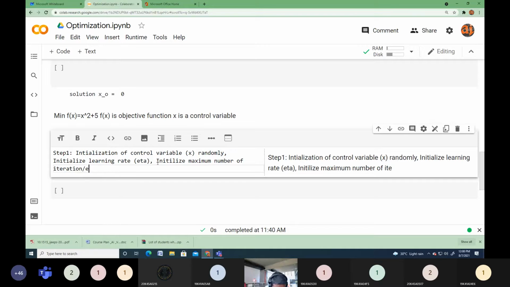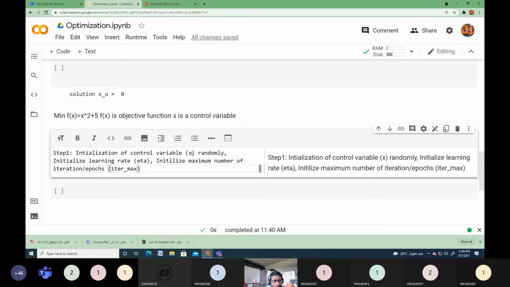That is called iter, a variable called iter max. So we need to initialize all these three variables: one is the control variable x, another is the learning rate eta, and another is the maximum number of iterations.